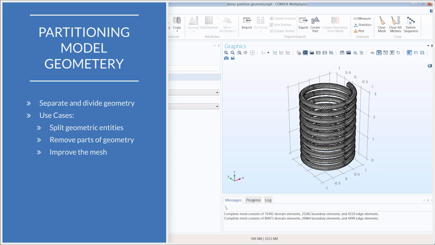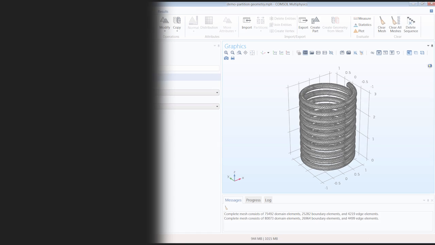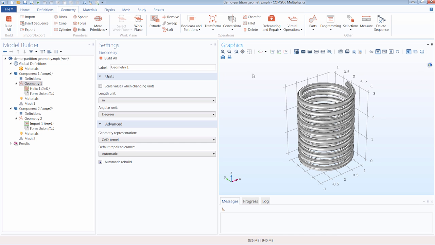This functionality is especially advantageous for geometries that are complex or exhibit high aspect ratios. In this video, we will show you step by step how to partition your model geometry, using a few examples. In addition, we will show you how this feature can improve the meshing on more complex geometry and be utilized to simplify your model. To start, we are going to show you how to improve the mesh for a geometry